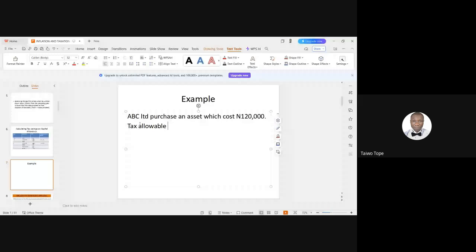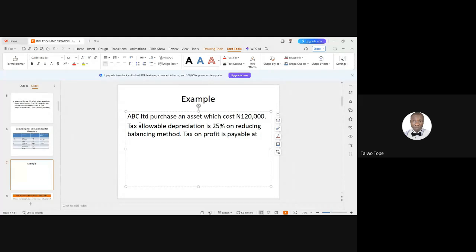Tax allowable depreciation is 25% on reducing balance method. Tax on profits is payable